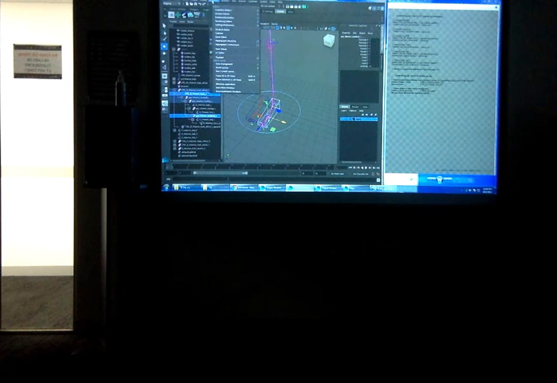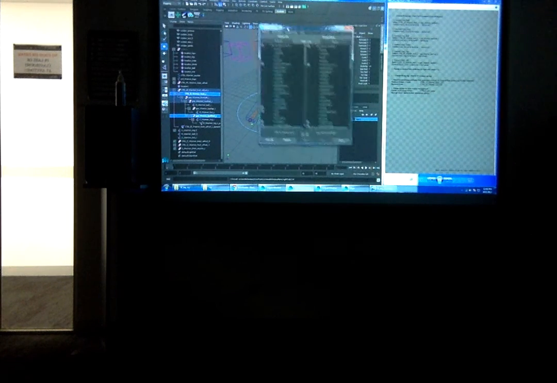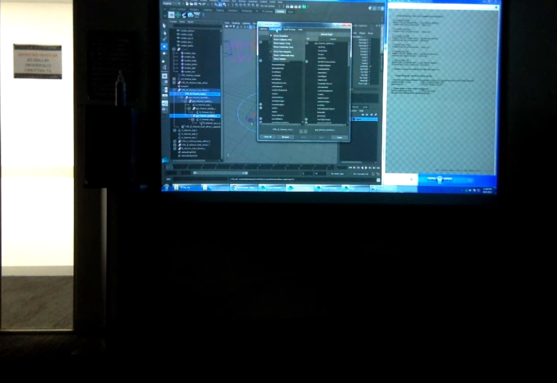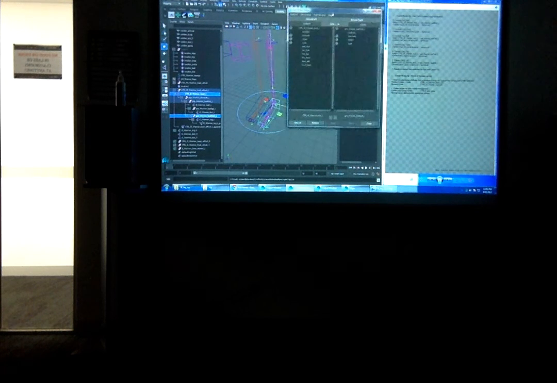And for connection, we're going to use the connection editor. So we go to General, Editors, and choose Connection Editor. And this display is very messy, so don't show non-keyable. That makes it a lot easier to read and all that other stuff that's there. So what we're doing here,